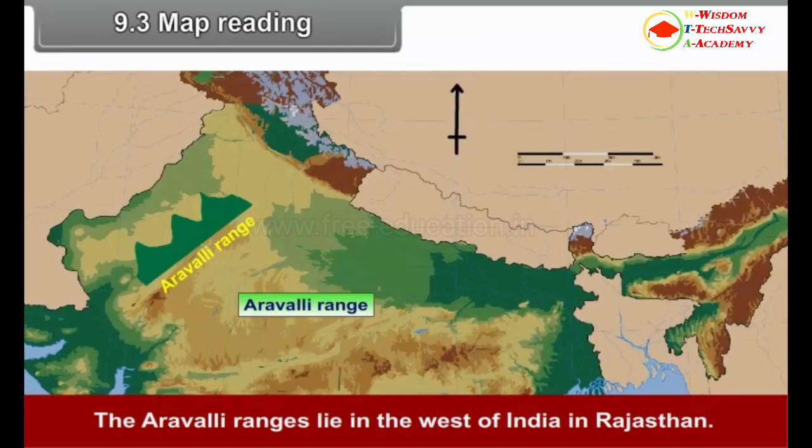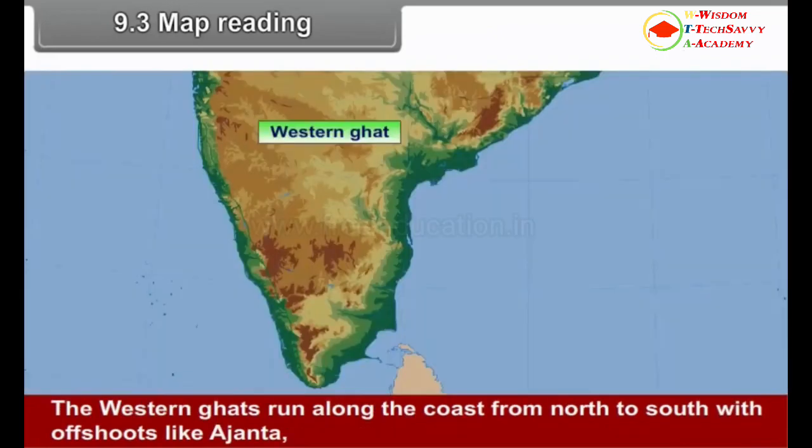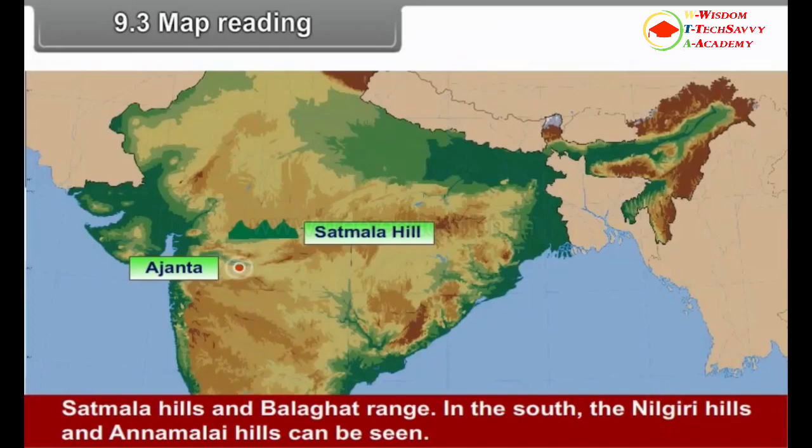The Aravalli range lies in the west of India in Rajasthan. In Madhya Pradesh, the Vindhya ranges run in a west to east direction and the Satpura range runs almost parallel to them. The Western Ghats run along the coast from north to south with offshoots like Ajanta, Satmala Hills and